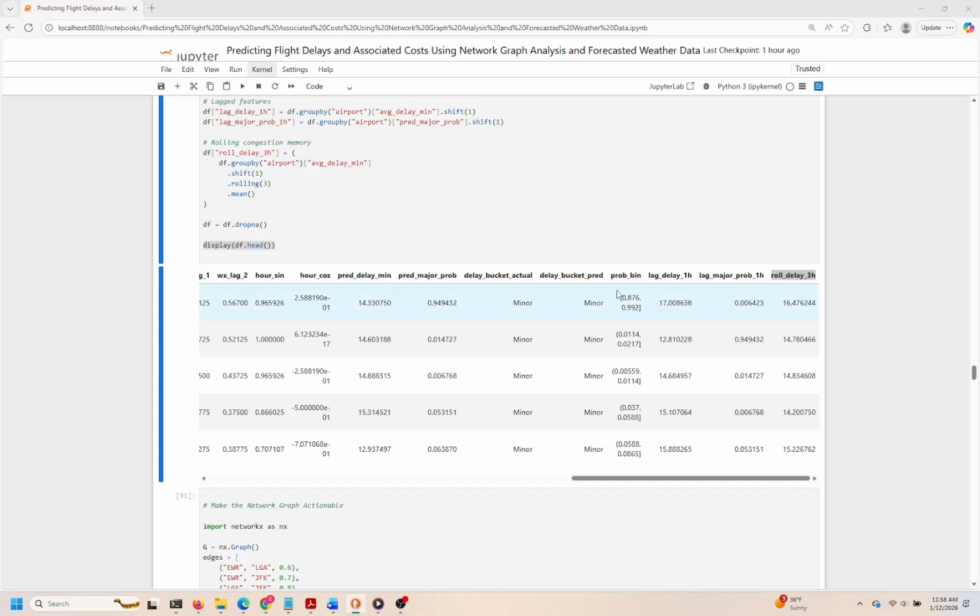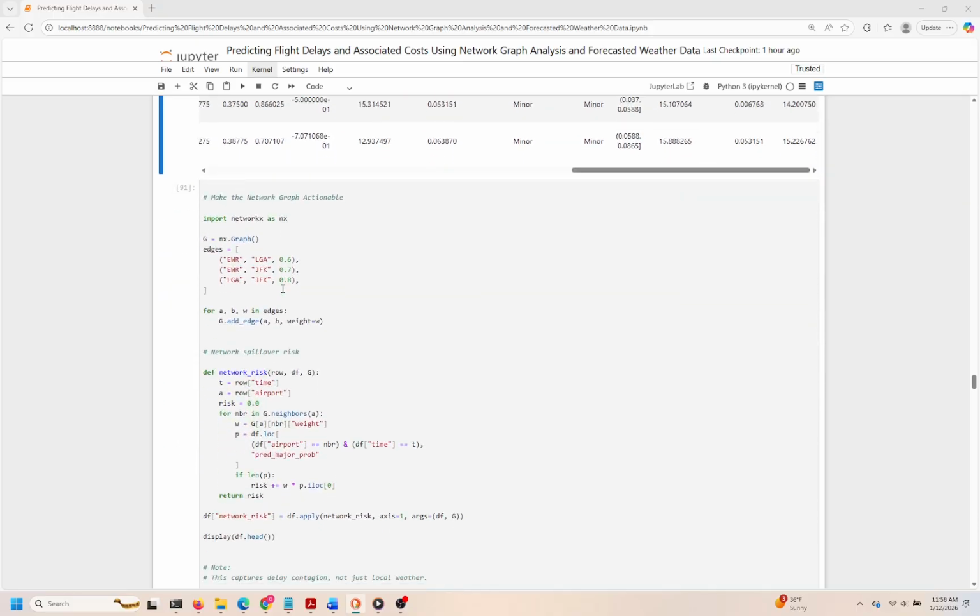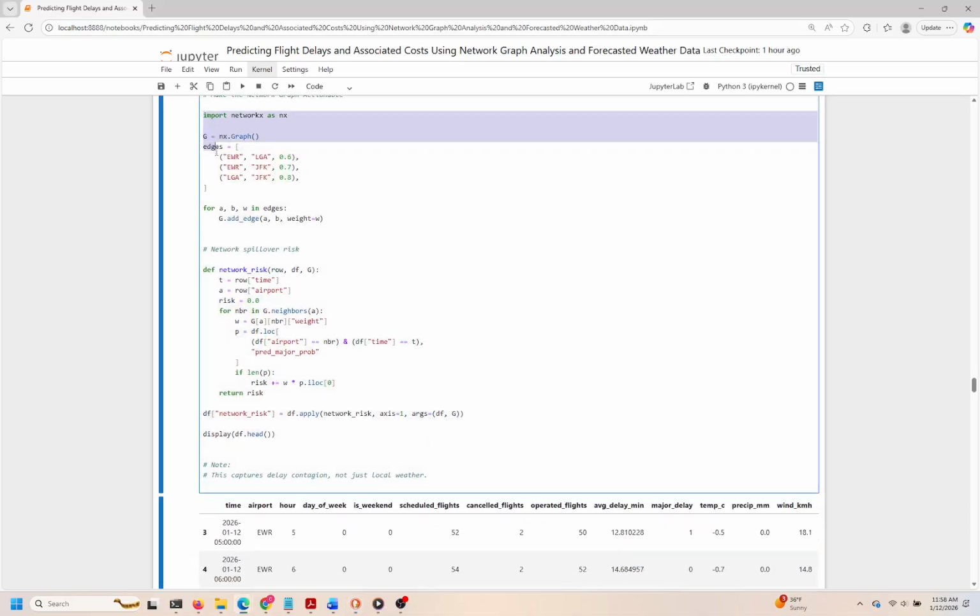Cell 18. In this cell, we're taking a step toward making our network graph not just a visual representation, but an actionable tool for analyzing airport delay risks. Specifically, we're calculating the network spillover risk associated with delays, which is crucial because delays at one airport can often